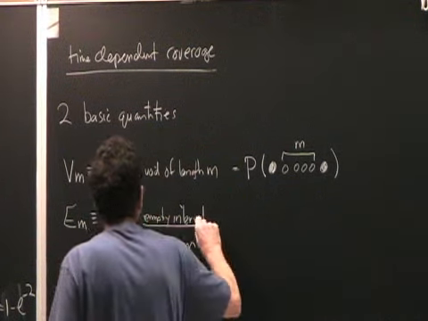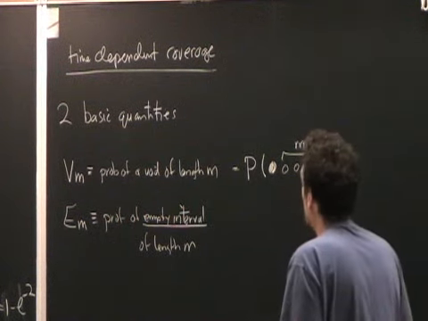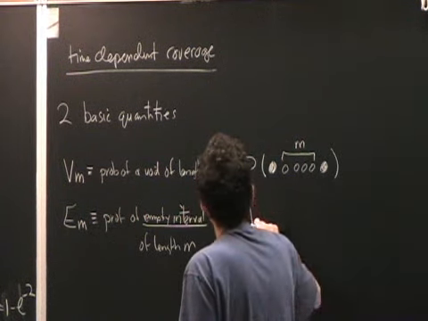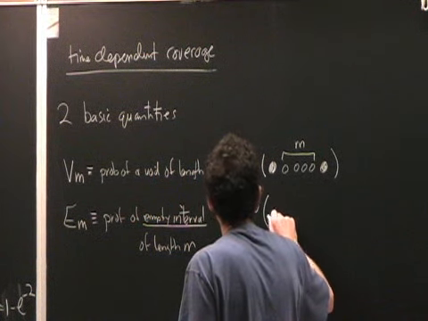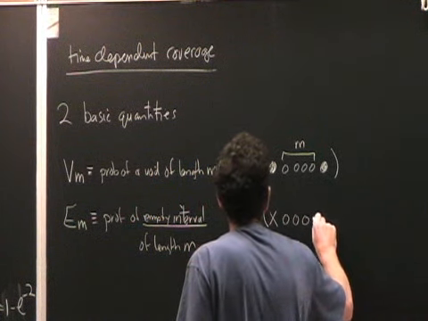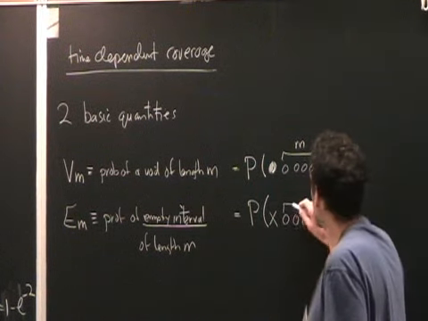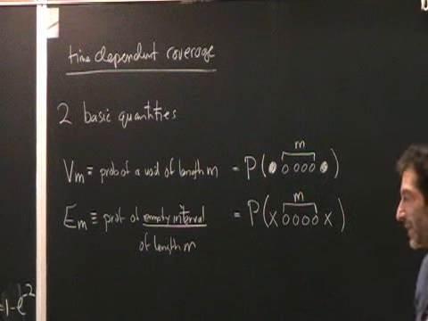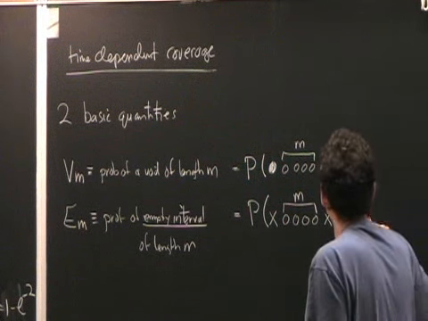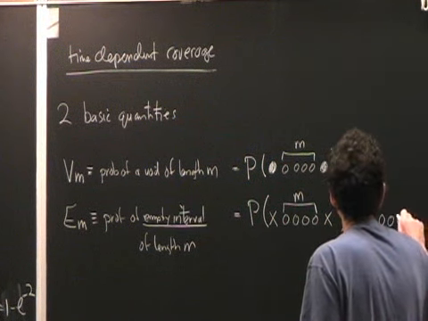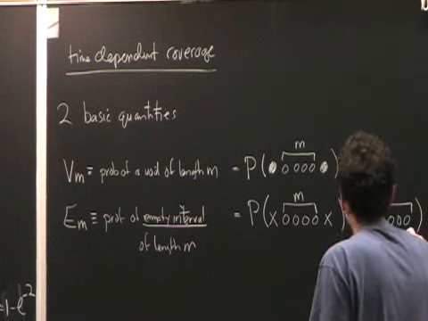And so this empty interval is not very precisely defined here, but let me define it this way. I'll write it as probability of x, and then m empty sites, and what I mean by x is unspecified. So this I will also write as probability of m empty sites, and I'll just forget about what's on the outside.